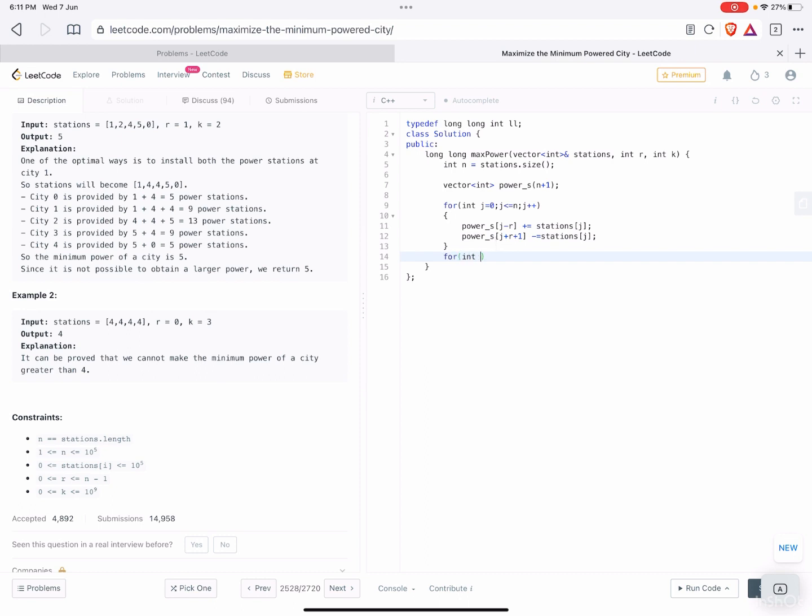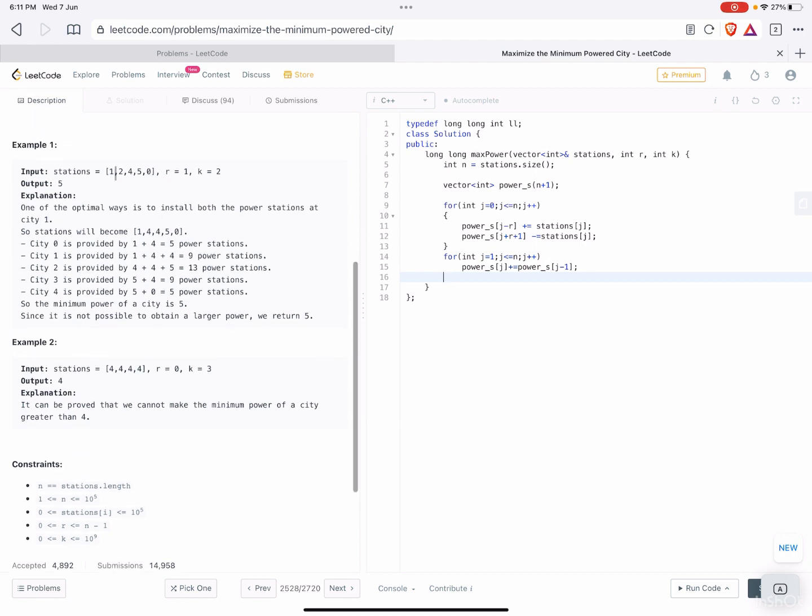So for int j equal to 1, j less than or equal to n, j plus plus, and now powers of j plus equal to powers of j minus 1.